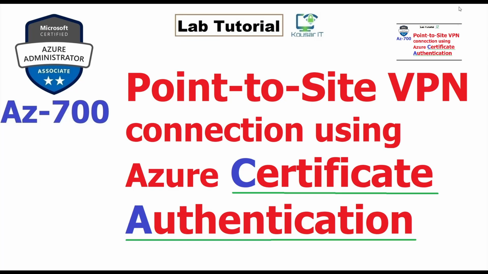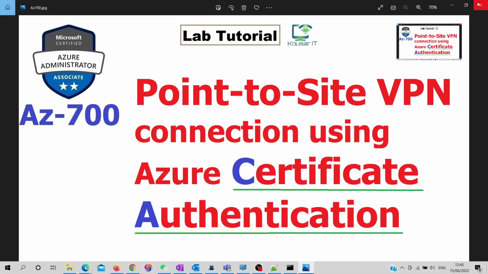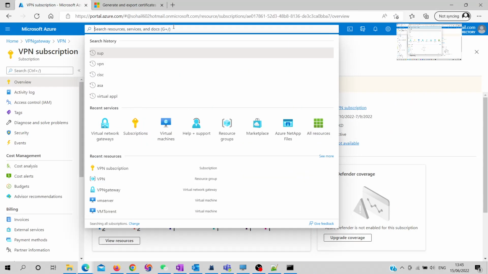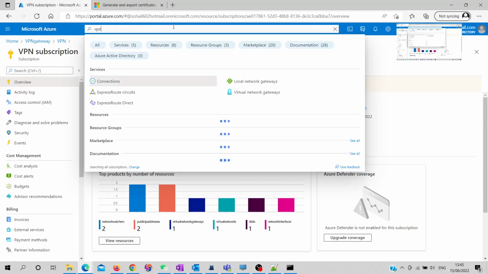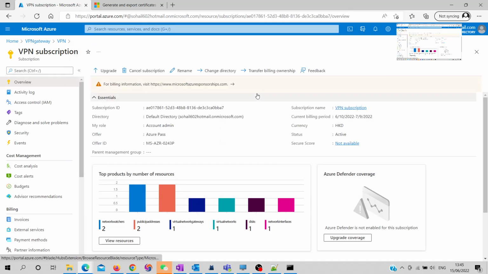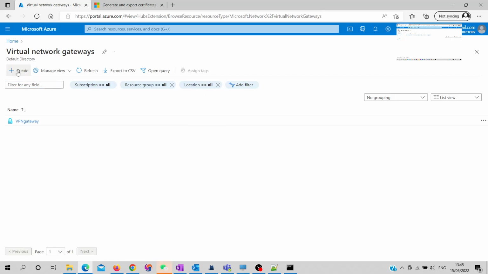So let's go to the Azure portal and start deploying our resources. First you need to search VPN gateway and click on the virtual network gateway, so we can create the virtual network gateway. Click on the create button,